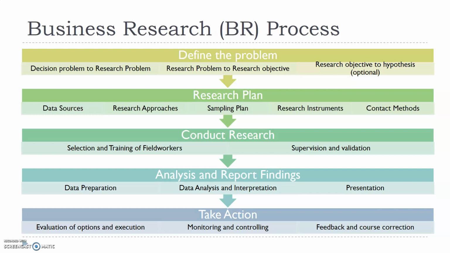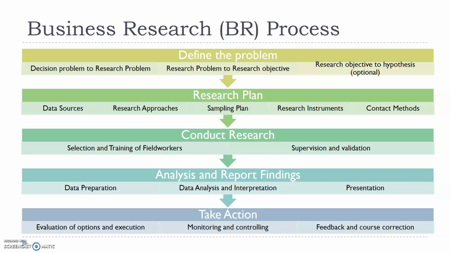So in the fifth step, taking action, I guess that is the main difference between academic research and business research, because most of the times in academic research the output will be a research paper or a research article, whereas in a business research, based upon your research output, the business management has to take some actions. Maybe they will increase the price, decrease the price, or have a new advertisement, new website, or add some new features. So those kind of actions they will be taking. But academic research will result in an academic paper or a research article which will create new knowledge, a new method, or add a new technique to it.